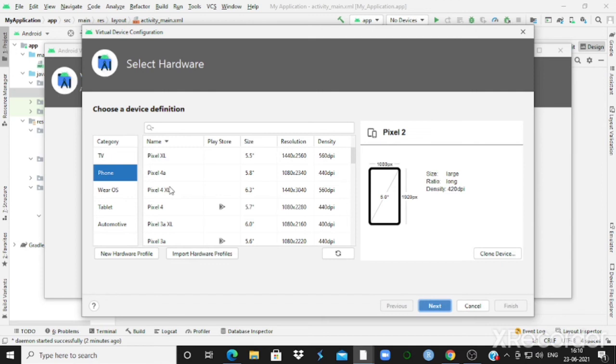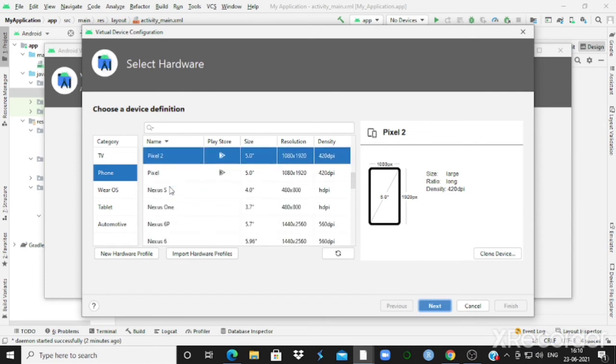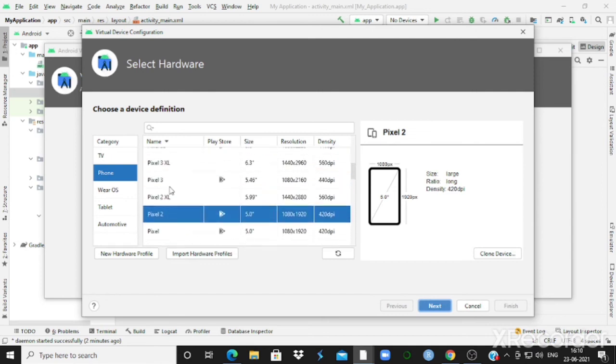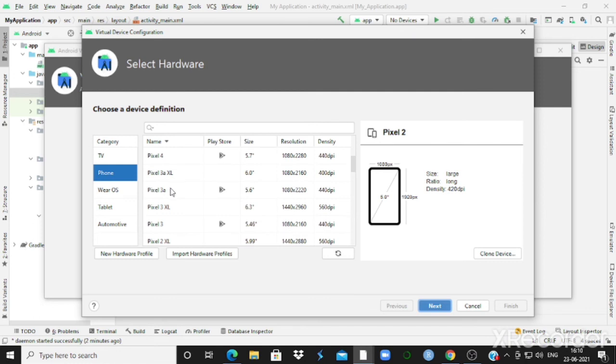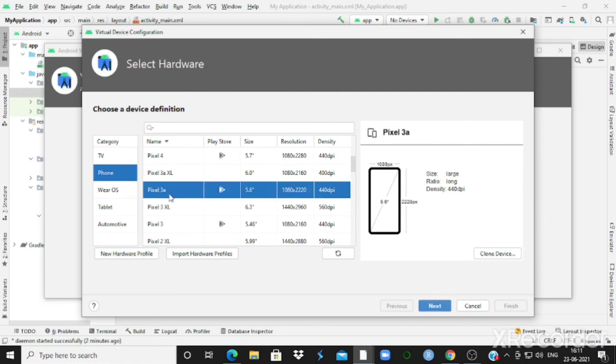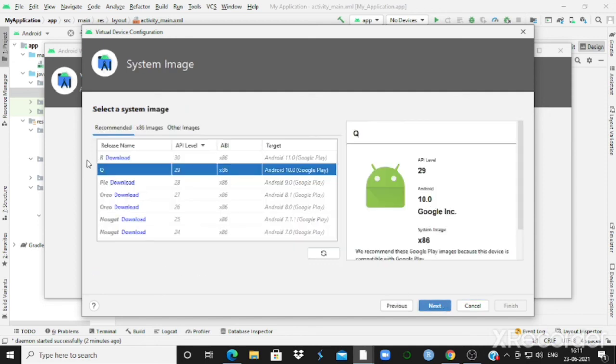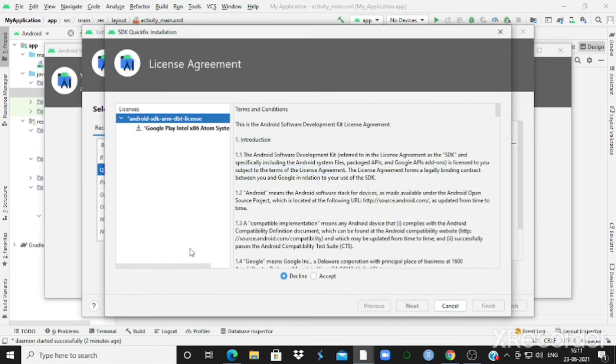Here many virtual devices are available. You can download whichever you want. I'll go with a Pixel 3a. Click on next. Here you can download a system image, whichever you want. Here I'll download a Pie image. Accept, next.